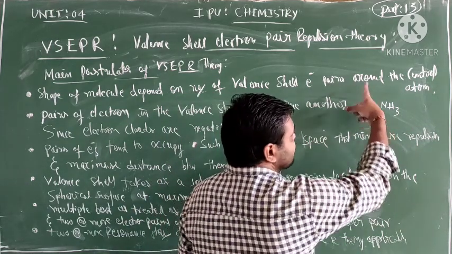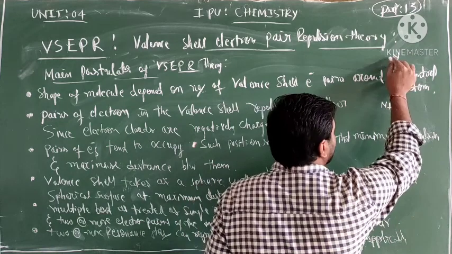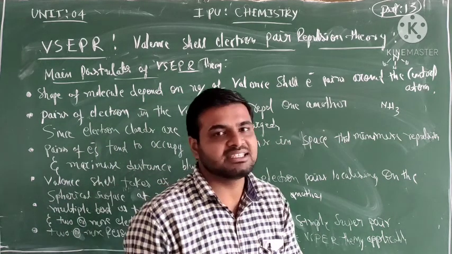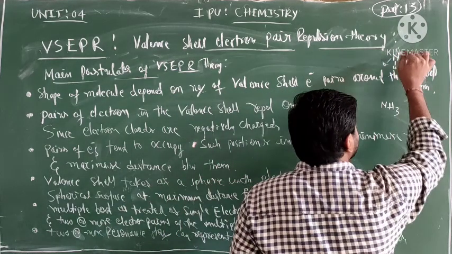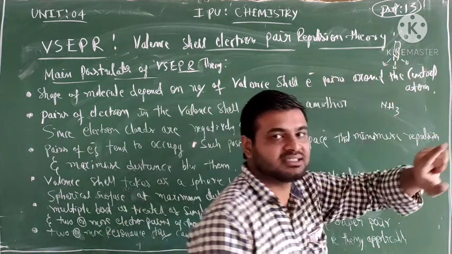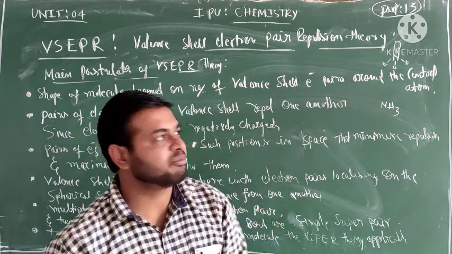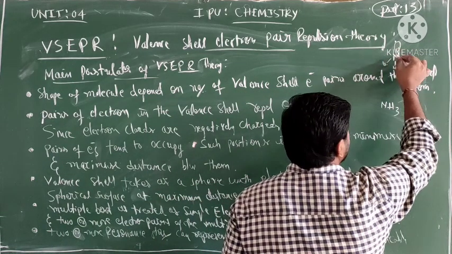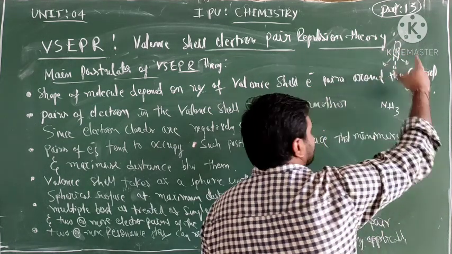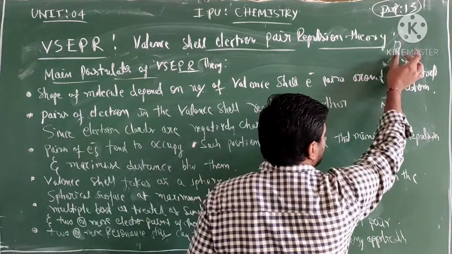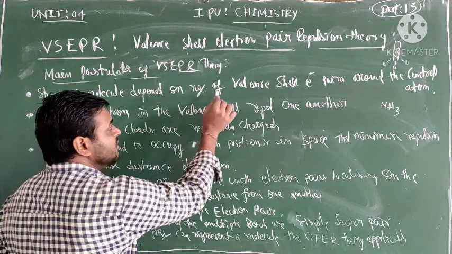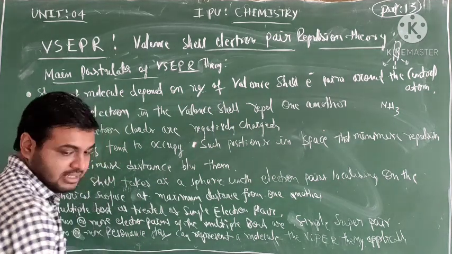Nitrogen is the central atom, bonded with 3 hydrogens, and the nitrogen valence electron count is 5. Of those 5, only 3 are bonded with hydrogen, and the remaining 2 electrons form 1 lone pair. A lone pair means 2 electrons; this is represented by 2 dots for 1 lone pair and 4 dots for 2 lone pairs. The structure depends on the number of valence electrons of the central atom, the valence shell electron pairs. Only consider the central atom, not the corner atoms. This is how the shape of the molecule depends on the number of valence shell electron pairs. Clear? Okay, so next is